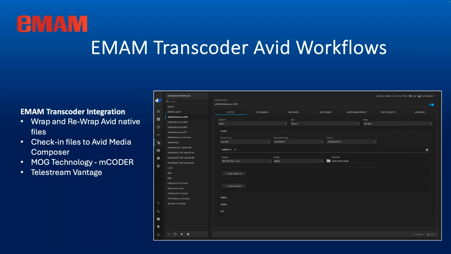Now, there are other options with different types of workflows. So there's ways in which we can use MOG technologies, encoder, Telestream Vantage, NLT, others that are out there that do imports and links, imports into the Media Composer applications and so on. Like one here with MOG, we're working with MOG now, and encoder, we're fully integrated with them now to be able to then take media from eMAM and then deliver it right to an Avid workstation. So that's also possible. Telestream Vantage does the same thing, and so on.